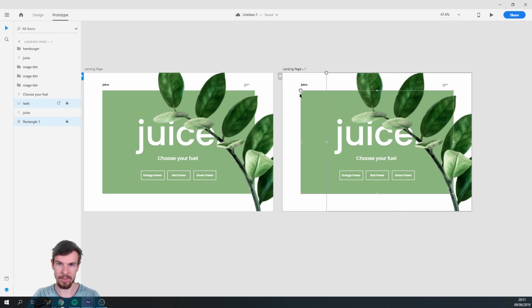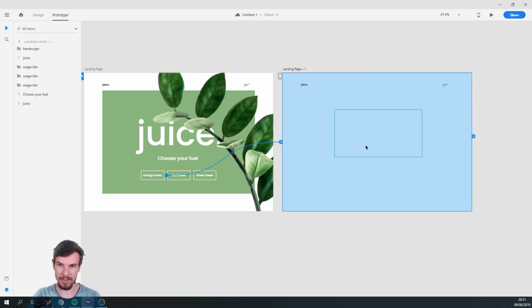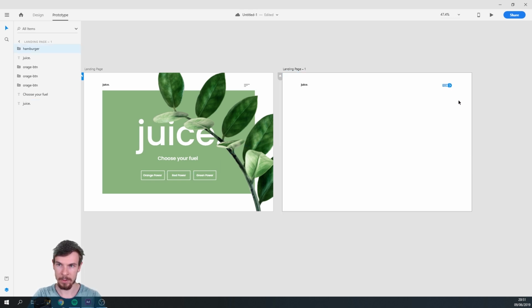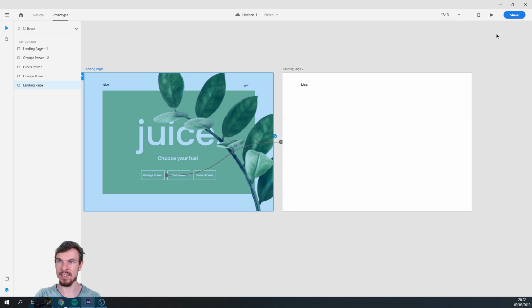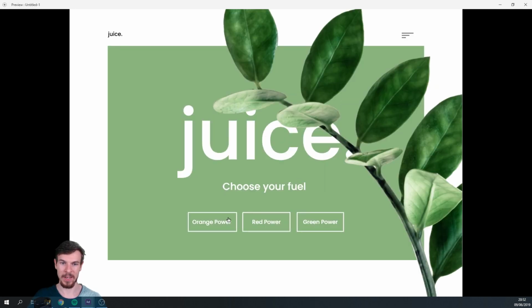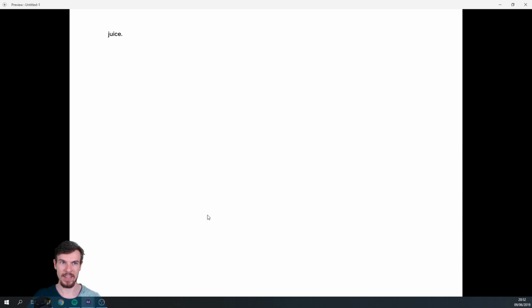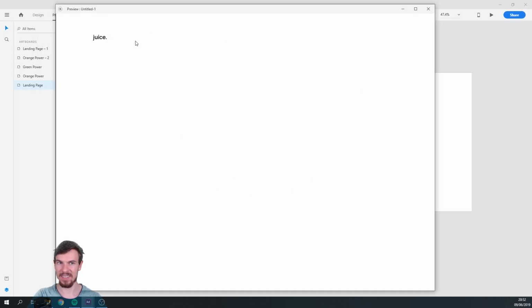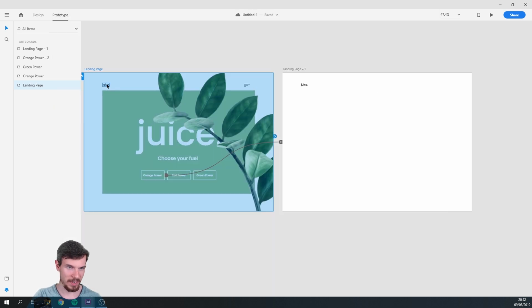So let's get rid of everything in here. Let me unlock these layers, just delete everything. Let's get rid of this hamburger too. So it's going to transition from this state to this in 0.3 seconds. So let's take a look. Hit play, and you're going to see a weird bug, but that's fine. Hit orange power and take a look. It auto animated out. And we didn't actually get that weird bug that I was talking about